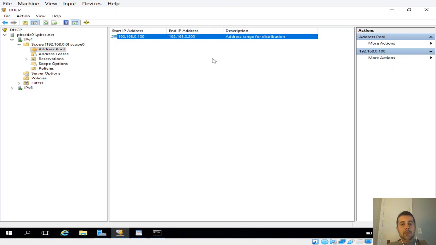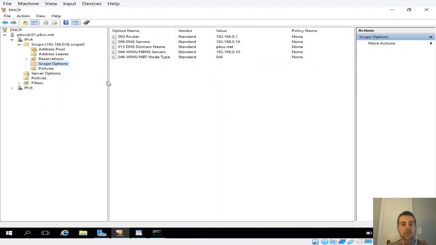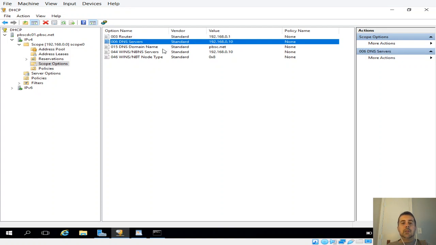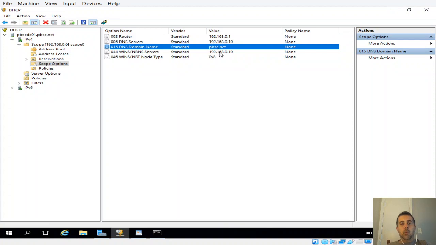Okay, and let's see which options are going to be set up on these machines, not only IP and mask, but also, if you see here in scope options, we're going to set up the default router, the default gateway, the DNS server, and the domain name for the machine. So remember when you set up the suffix name, the machines receive the suffix name in their configuration when they request from a DHCP server. So when you set up these machines inside the domain, you don't need to add the suffix name because they already got it. They have it already when they receive the DHCP